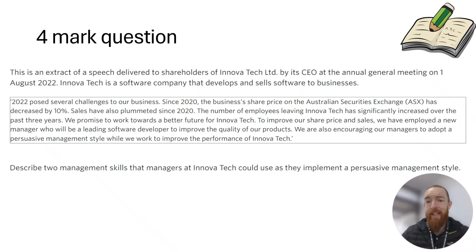So if we were to look at these and apply some of these skills to a management style, we've got this extract here about Novatech. They've gone through several challenges since 2022, and the share price has decreased by 10%. And the number of employees leaving has increased over the years. And so we've got described 2 management skills that managers at Novatech could use as they implement a persuasive management